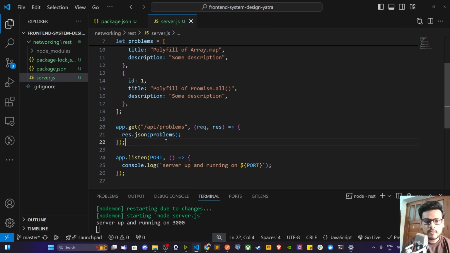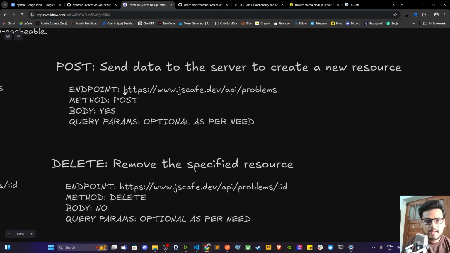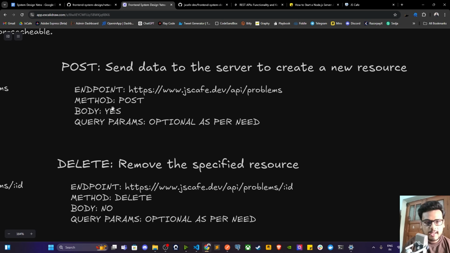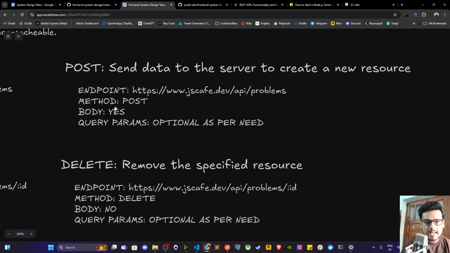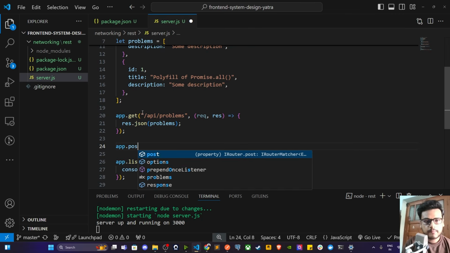So how exactly do we do this? What is the endpoint? The endpoint would be https://www.jscafe.dev/API/problems. We have a body, method type POST, query params are optional. So we have to pass all data in the body. Okay, let's do this: app.post